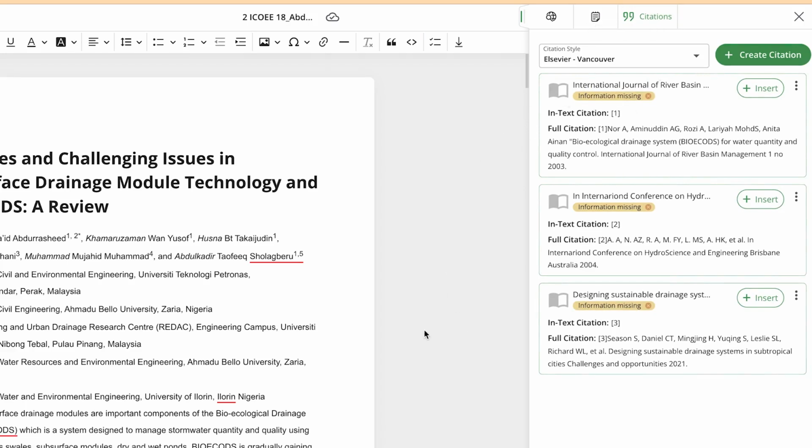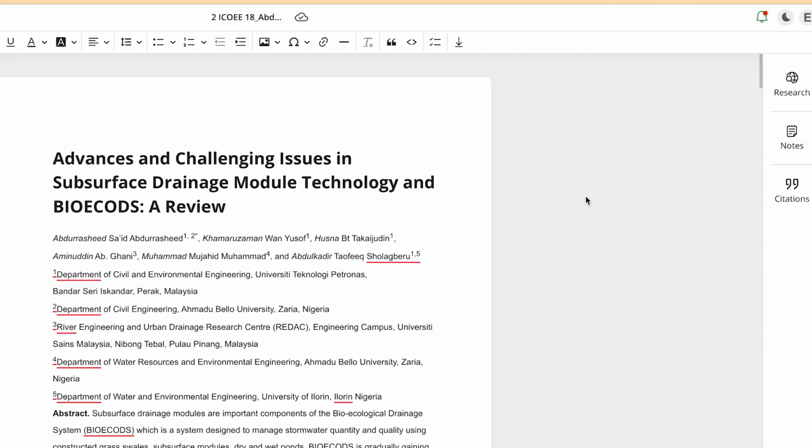So once you finish or you conclude the editing, you can always go ahead and download from here or export the document from here, and you can have it in different formats that you have specified. Okay, either in Word or in PDF, you can download from there using those formats.